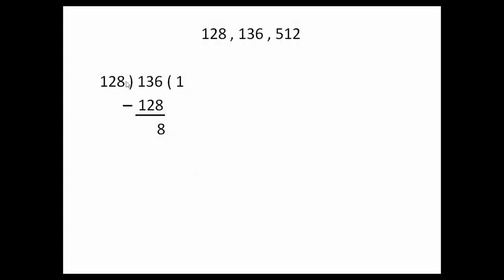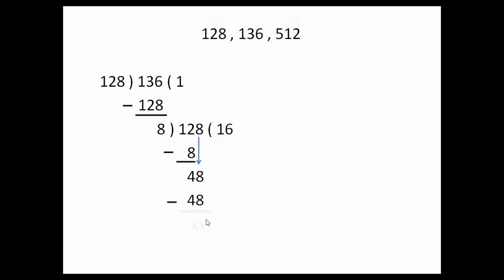Now we have to find a number that can divide these two numbers, that means 128 and 136. So now let's try to divide the divisor by this remainder. So let's bring it here. So 8, now we'll try to divide 128. So let's divide first 1 and 2, 12. So 8 1s are 8, 12 minus 8 will give us 4, and then we'll carry down 8, that is 48. So 8 6 times will give us 48.